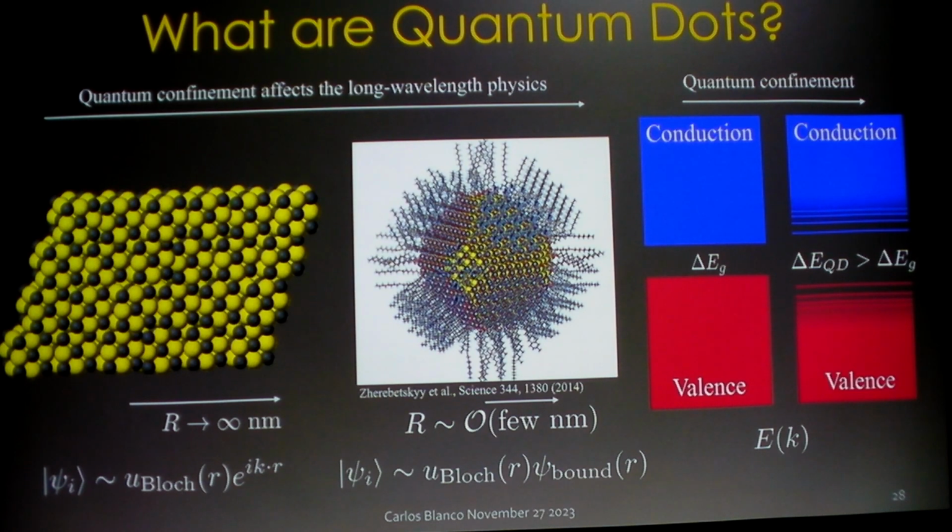And energetically what that looks like is where you would start in the infinite crystal having some continuous valence and conduction bands. The act of quantum confinement allows you to resolve the band edge states that really look like particle in a box. Okay? And it's interesting because the radius, the characteristic size of your crystal, controls your effective band gap. So you have an extra knob that you can use to tune the electronic properties.